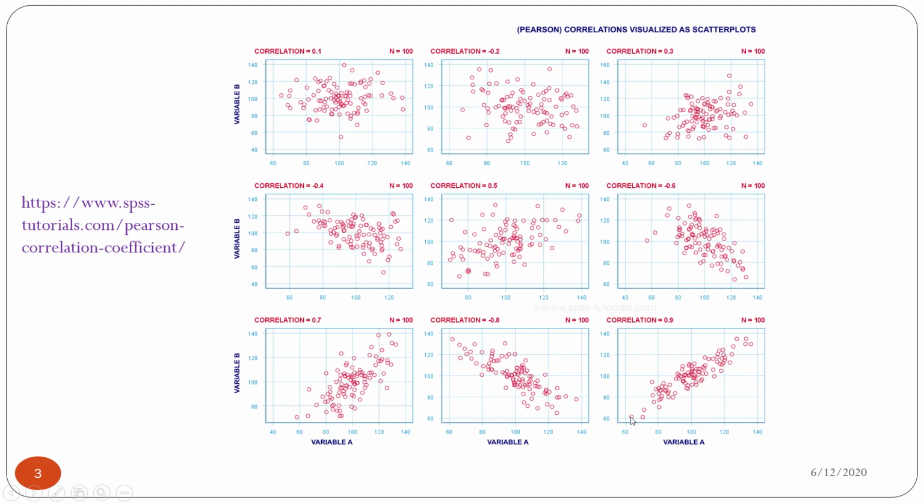So let's start with this point. Okay, so here this is the lowest point in terms of A and B, and when you move to this point right here, as the value of variable A has increased, the value of variable B also increased. In this case, we do not have much increase in B. It's kind of the same, whereas for most of the points, if you look at, so this is a scatter diagram